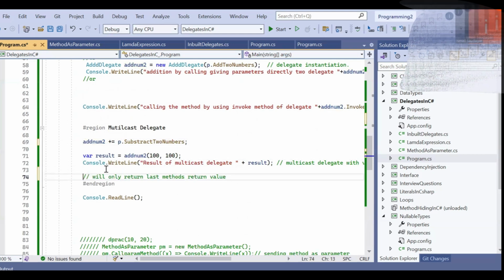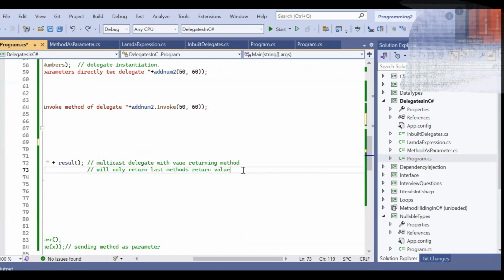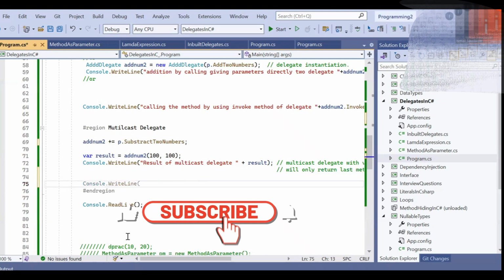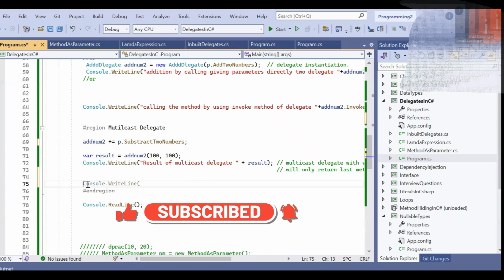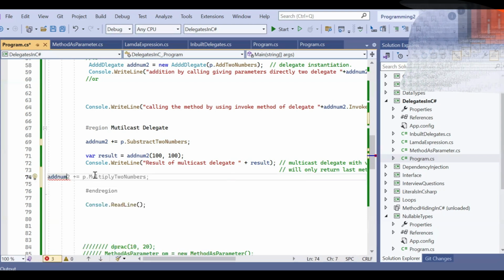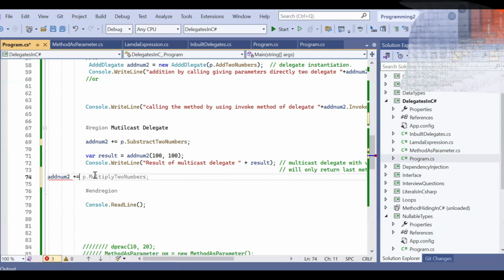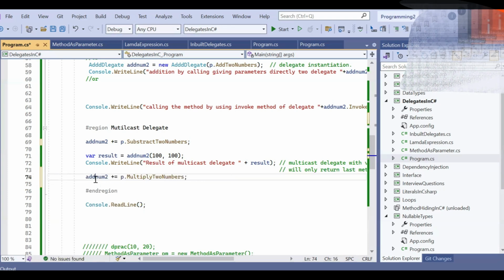For doing this, I will directly write addNum2 plus equals to p.MultiplyTwoNumbers. Now the same delegate is used for calling three methods: add two numbers, subtract two numbers, and multiply two numbers. And here I will write